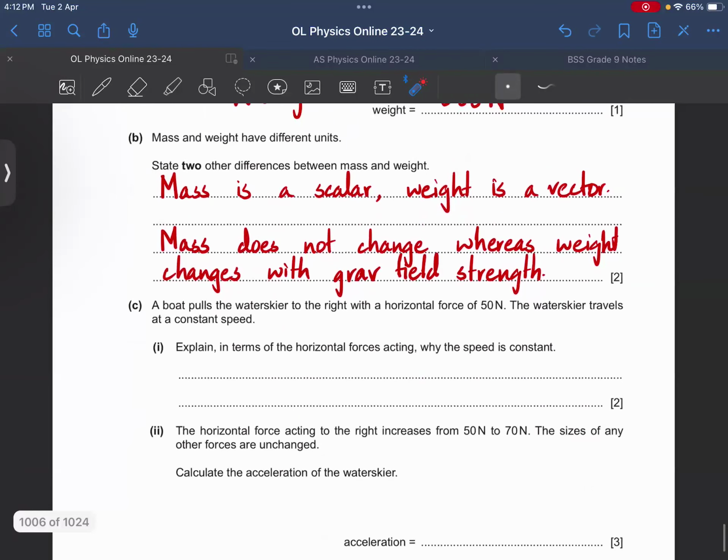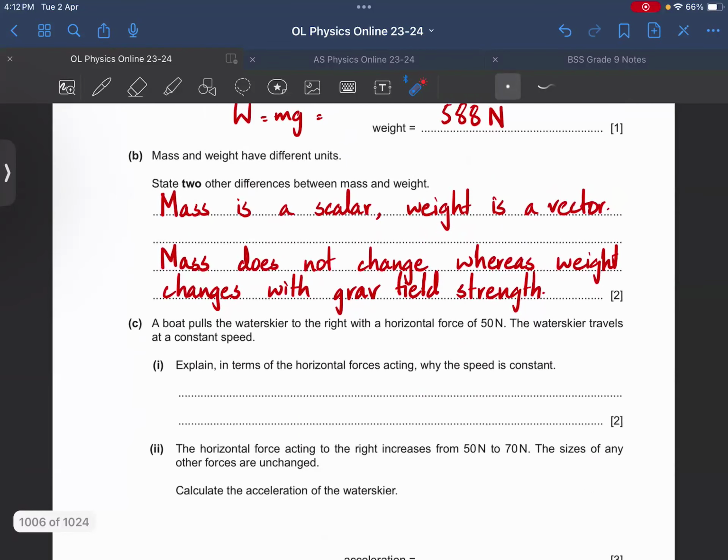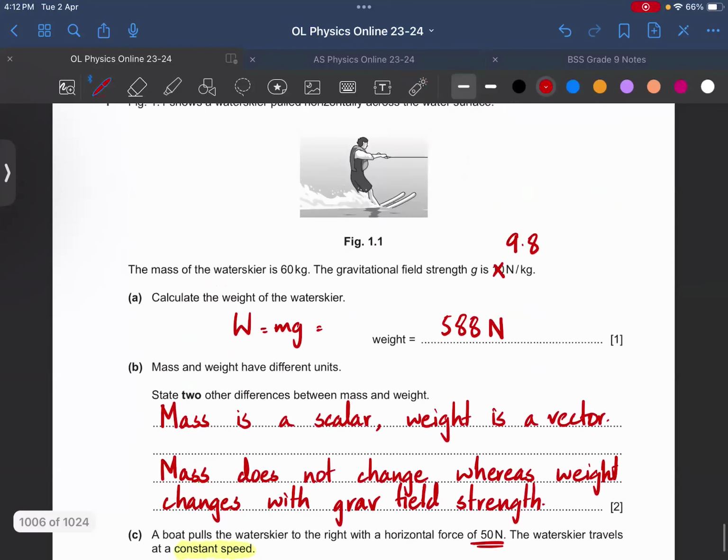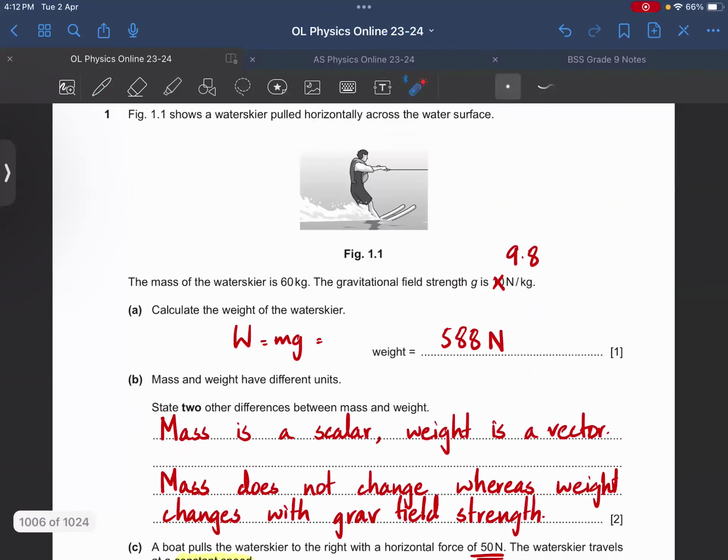ठीक है, अच्छा, इसके बाद a boat pulls the water skier to the right with a horizontal force of 50 Newton। The water skier travels at a constant speed। ठीक है, कांस्टेंट स्पीड का वर्ड अगर आपने देख लिया फोर्सेस की जुबान में या काइनेमैटिक्स की जुबान में, आपके यही वर्ड देखकर यू शुड बी थिंकिंग अबाउट समथिंग। आप समझे कि अगर सिर्फ वाकई ये 50 न्यूटन की फोर्स होती यहाँ पे विच इज पुलिंग दिस गाय टू द राइट,